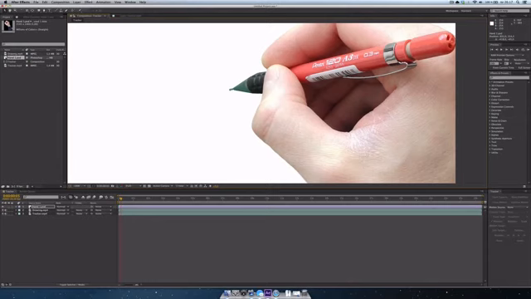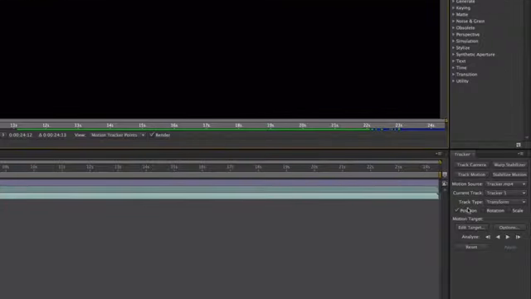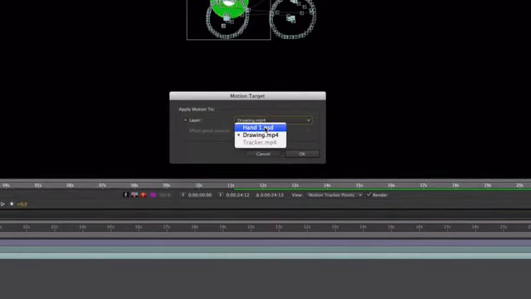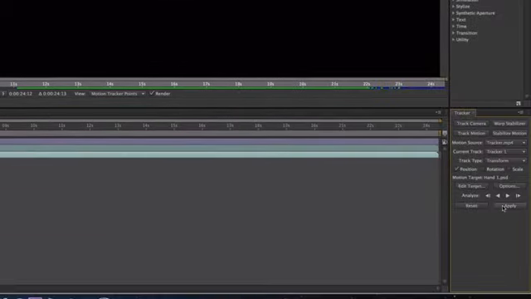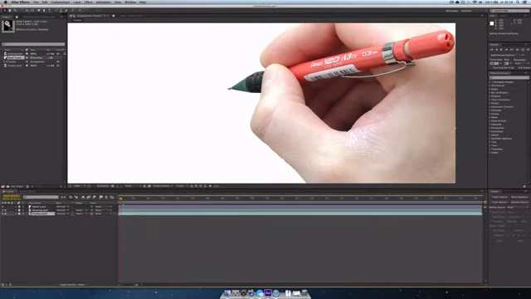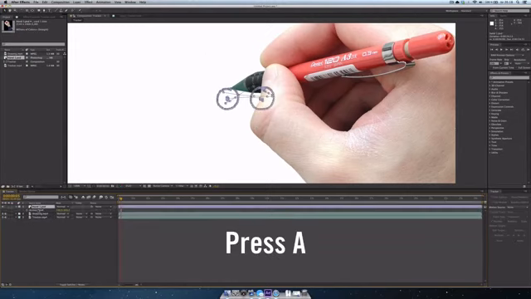And once it's there, you want to go to the tracker video layer down here, double click it, and in the tracker settings, you choose Edit Target, and you set the target to be the hand, the Photoshop file of the hand. Click OK, and then you click Apply to the X and Y coordinates of the hand, and click OK. You can see now the hand just moved up a little bit, so what I want to do now is select the hand,